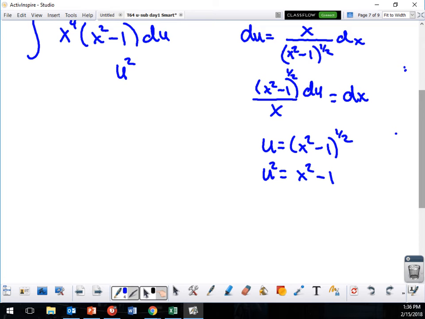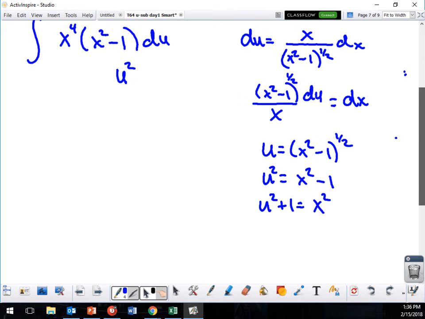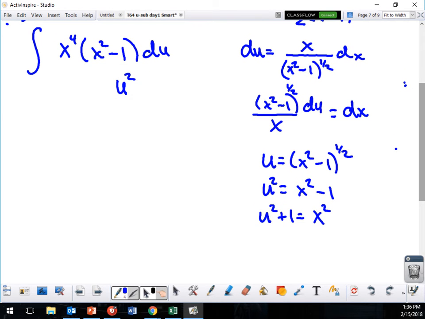So I'm going to add 1 to both sides, so it's going to be u squared plus 1 is equal to x squared. We've got to square it again. So what happened right here? I don't want to square root both sides. So x squared is equal to this, so 2 of them. Since this is an even power, I'm replacing this, and since this is x to the 4th, wouldn't it be 2 of these? It's going to be 2 of these, isn't it? So I'm going to replace that with